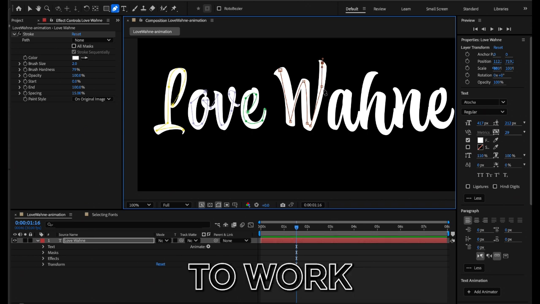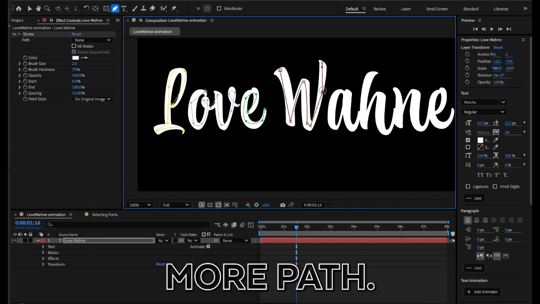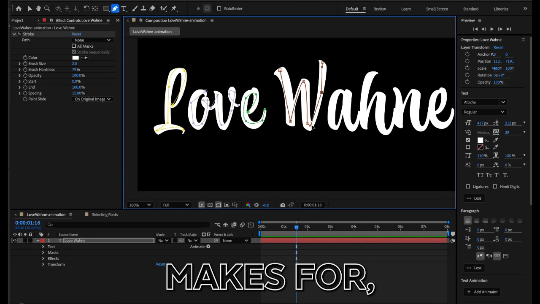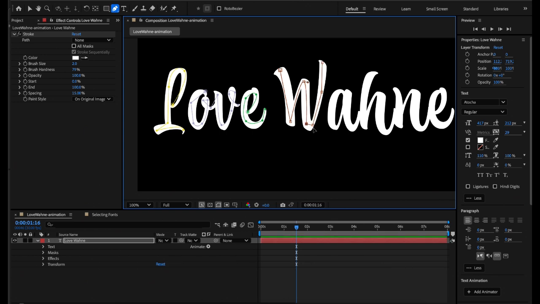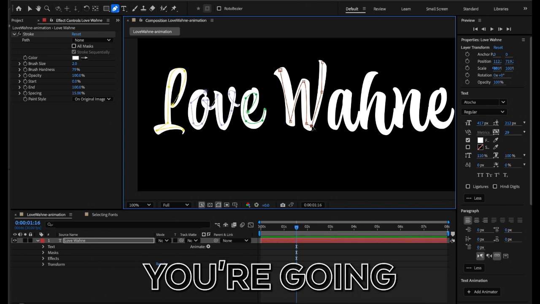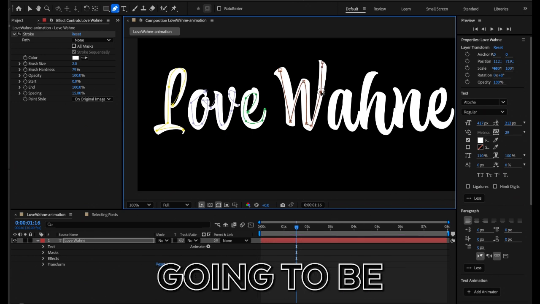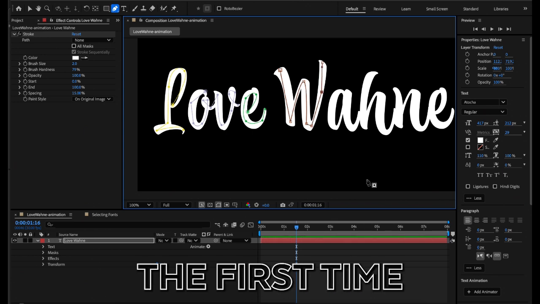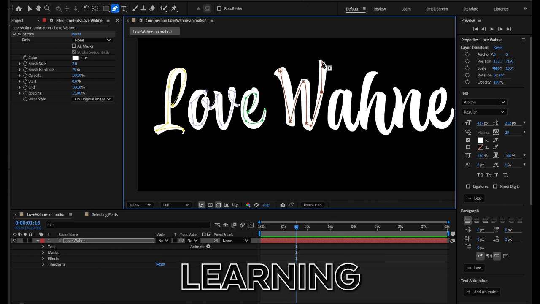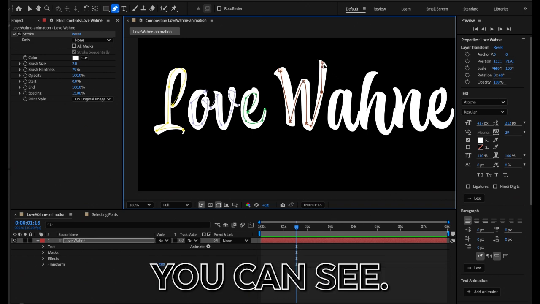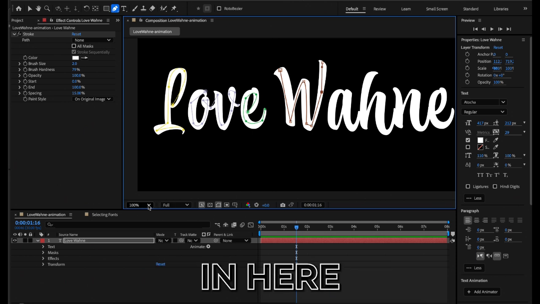It's easier to work with less paths than more paths. It just makes for a smoother animation. But you're gonna play around with this. This is not gonna be perfect the first time you do it. It doesn't matter. This is all part of the learning process. Let me zoom in here so you can see